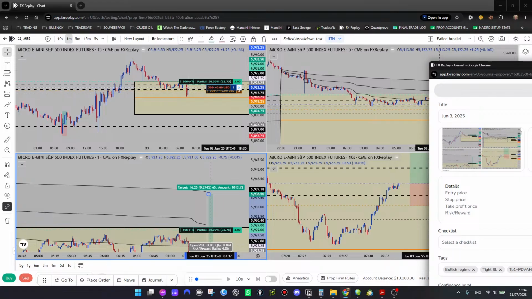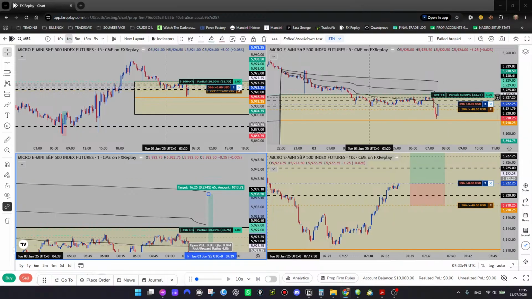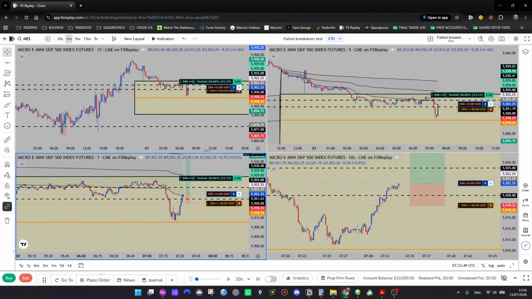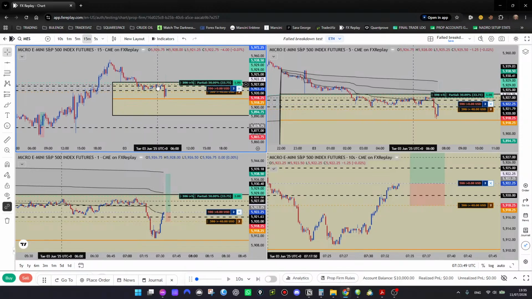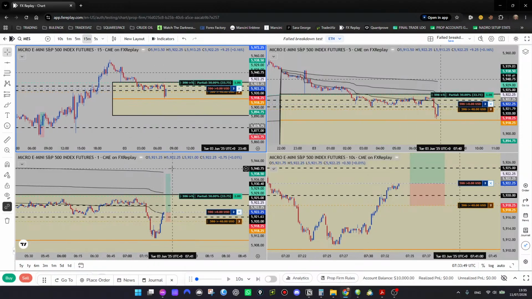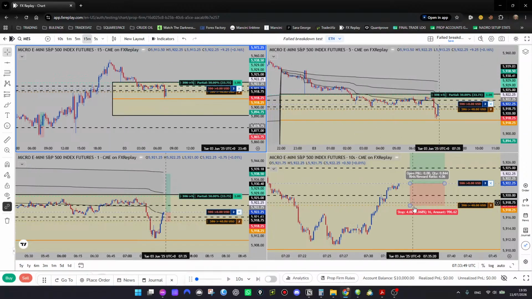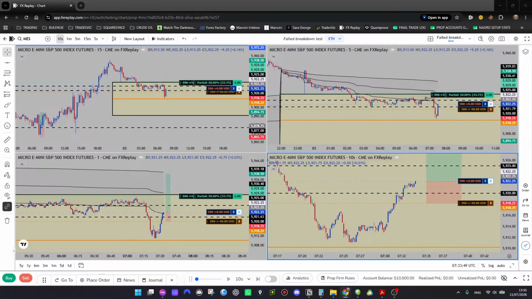Oh, I can actually move this. All right. So this is a trade that I plan to take. Take profit one here and take profit two, the DVA high, here. I believe it's gonna go higher, but you can see how that goes. Okay, I'm gonna take another screenshot. All right, and save.